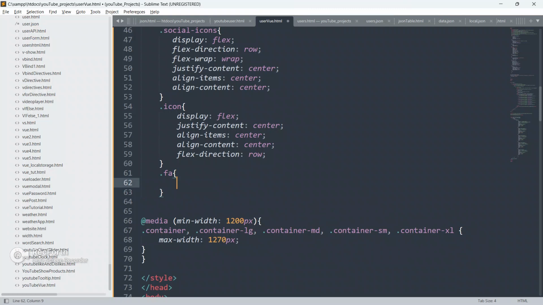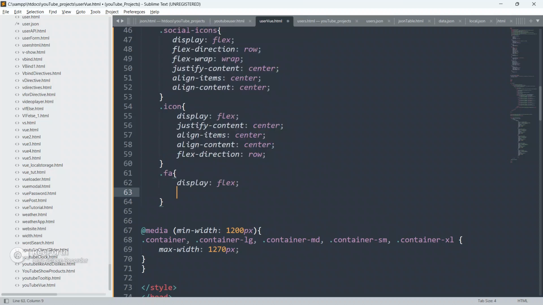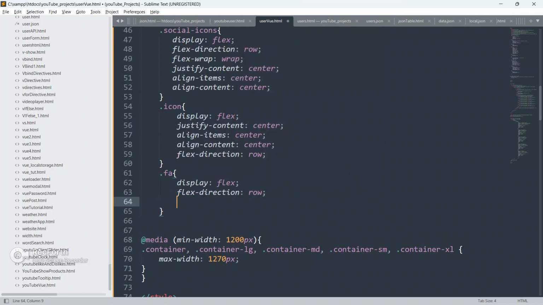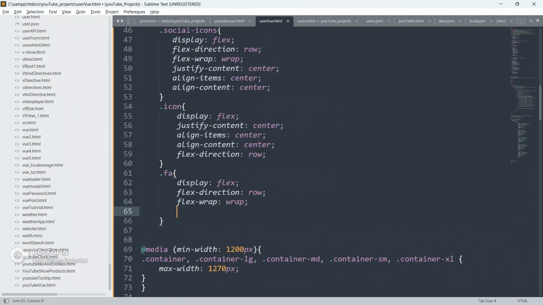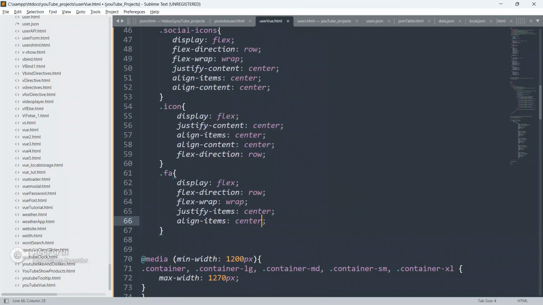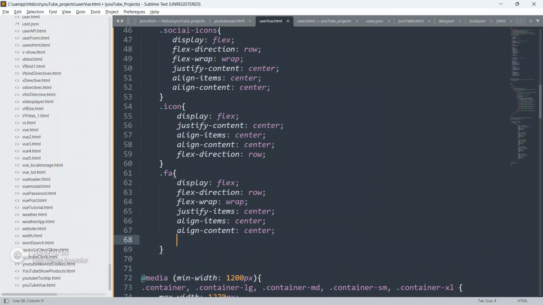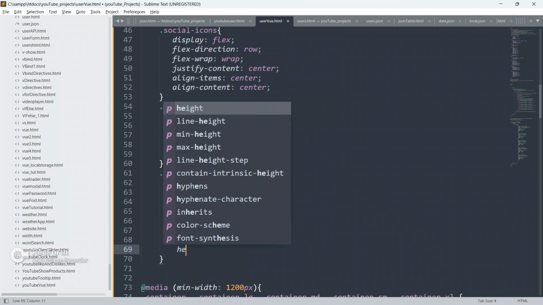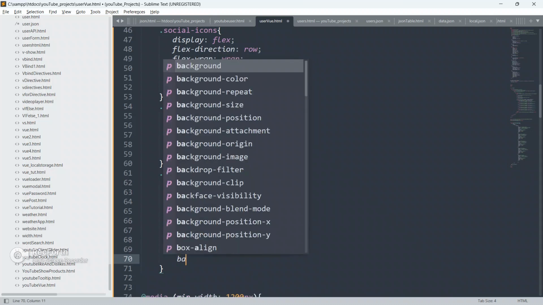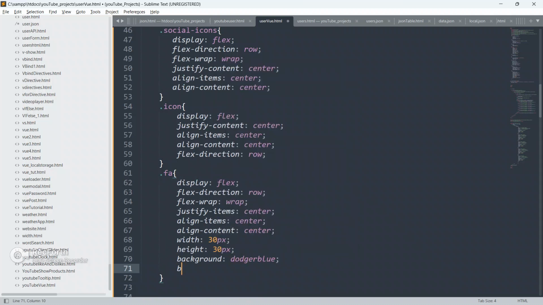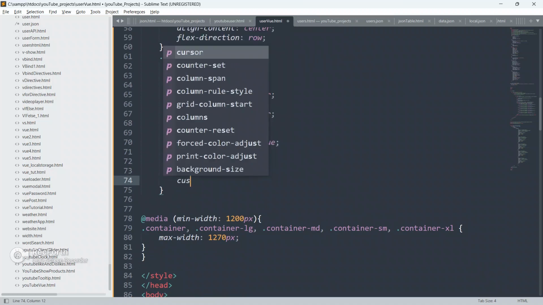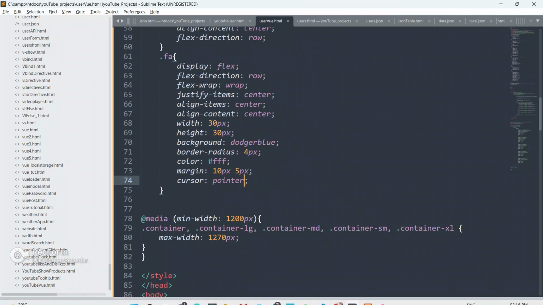So fa, give display as flex, give flex direction as row, give flex wrap as wrap, give justify content as center, give align item also center, give align content also center, and give width 30 px, give height also 30 px, and give background color as a dozer blue, and give border radius also 4 px as of now, and give color as white, and give margin as 10 px and 5 px, and give cursor as pointer.